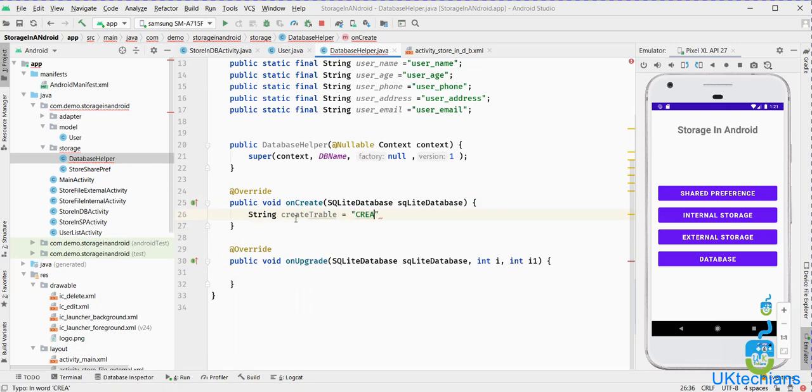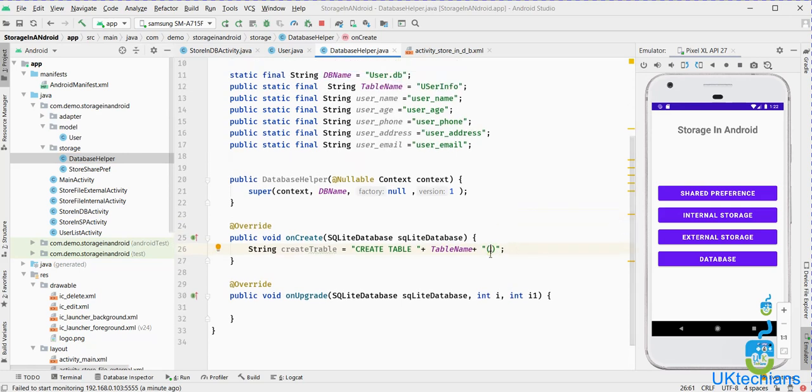We will type CREATE TABLE, then space, concatenation sign and the table name, and then again a concatenation sign and then the bracket. These are the opening and closing brackets. What we have to define in this bracket are the columns and the types of the columns. So let's start.